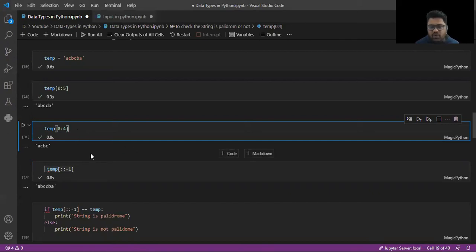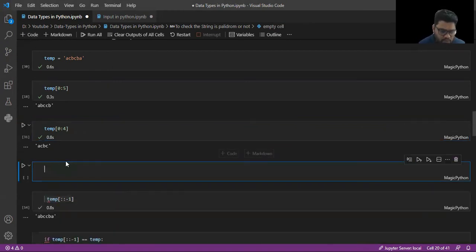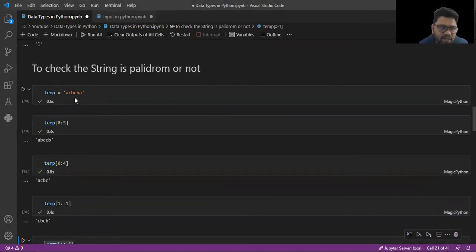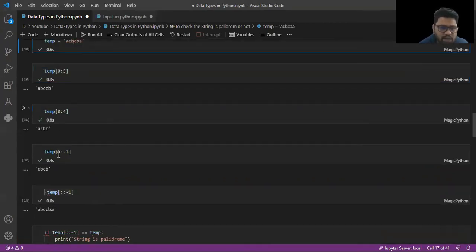And then if you want to print the characters from the last, you will use -1 and then 1. So here you can see all the characters from this position CB to BA. This also you can give, means iterate the characters till -1.